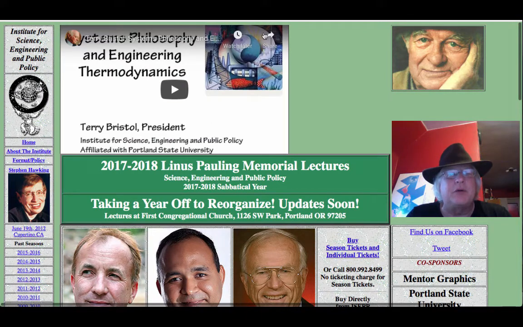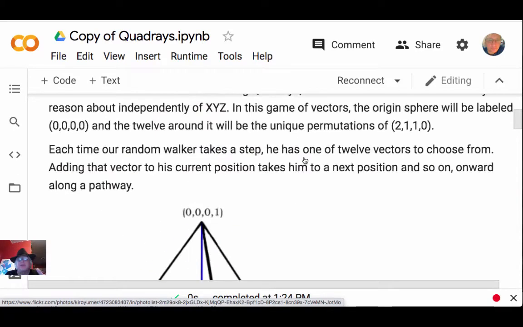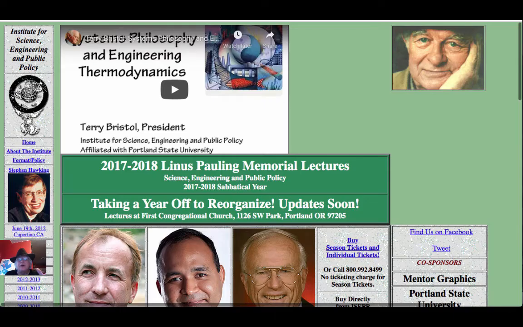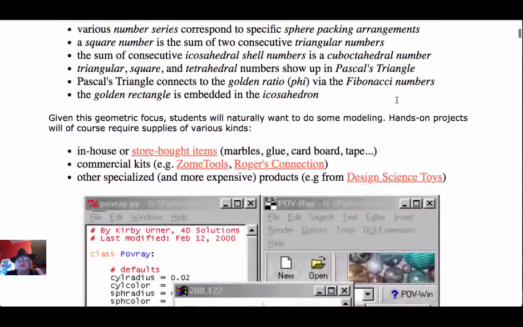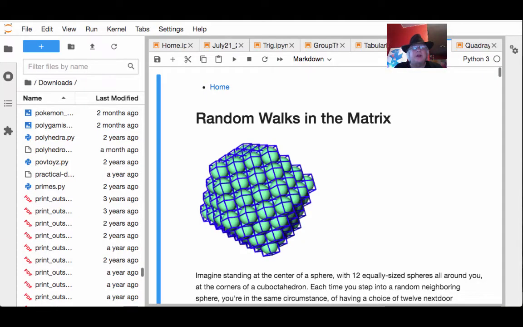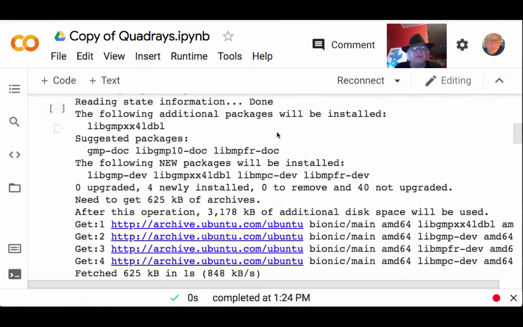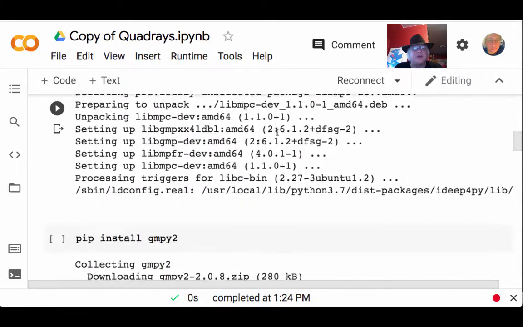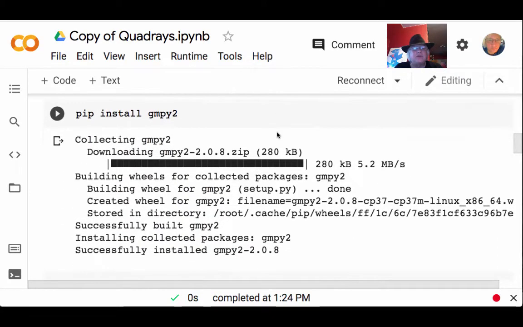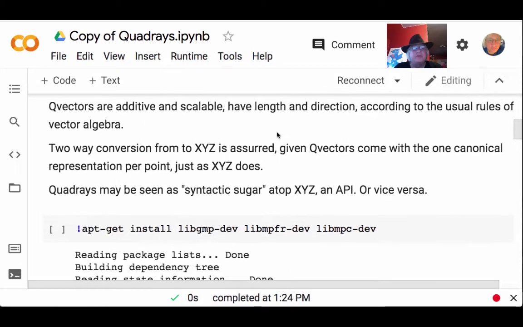You see the main point of this video is you don't have to install a lot of stuff. You can, in the cloud, without putting anything on your computer, start using quadray coordinates, because I have the script that basically recreates the environment you need, kind of bootstraps itself into the same sort of environment that we have at the Elite School, which is where we are studying topics of the future, right?